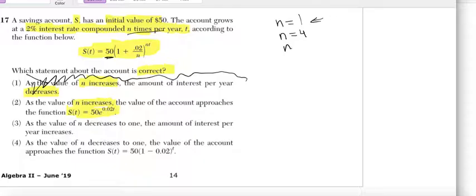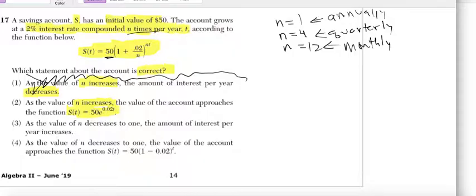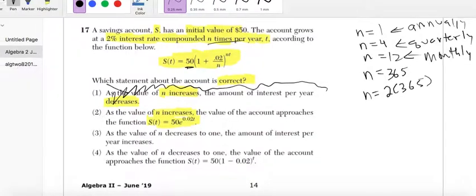So this is annually, once a year. This is quarterly, 4 times a year. Monthly means 12 times a year, since it's 12 months in a year. So if you compound every month, you'll end up compounding 12 times in a year. So if we compound more frequently, let's say you compound daily, you're going to get n equals 365, right? If you compound twice a day, you'll get n equals 2 times 365, right? Eventually, you could be compounding every hour,